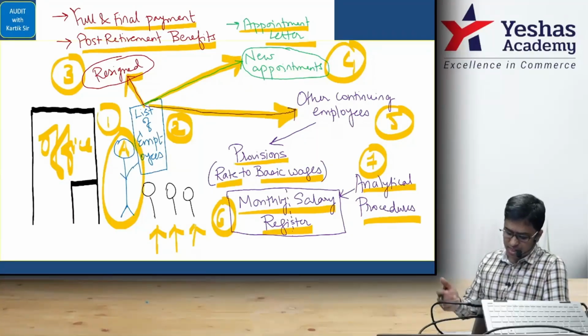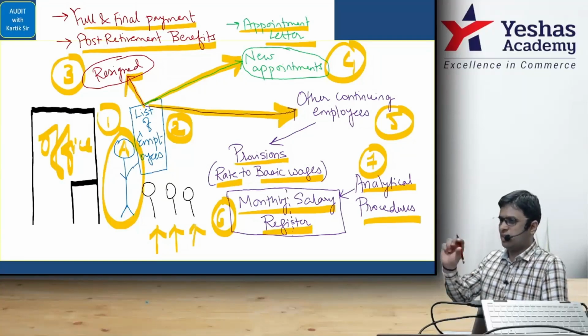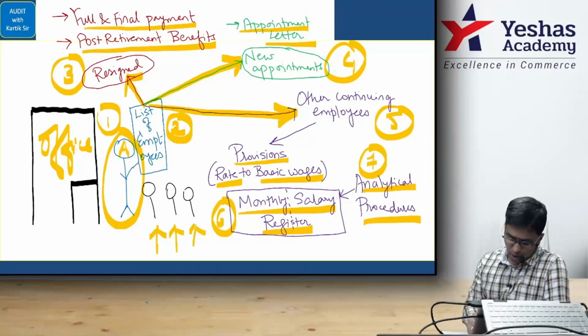You will see where the increment is there. An employee at senior level joining, so the salary will increase. Leaving the entity, then salary will decrease. Bonus payout, if it is there, the salary will increase. All these things will be checked. Variance will be checked. Last one, my dear student, point number 7 for us.